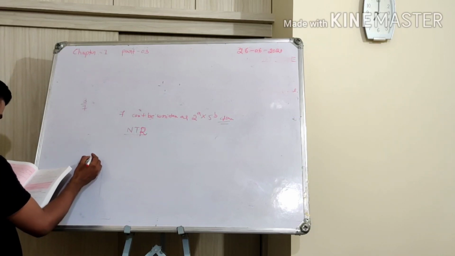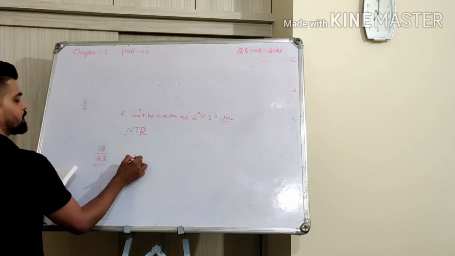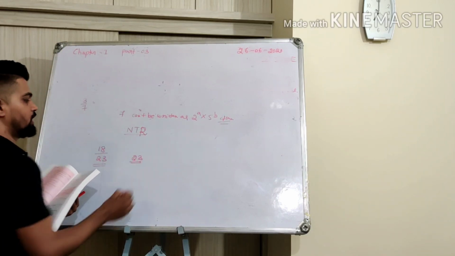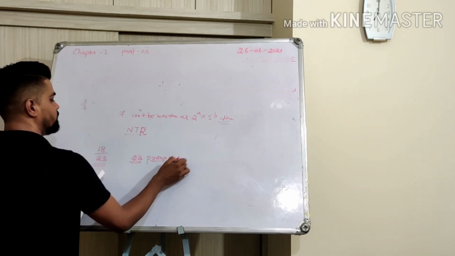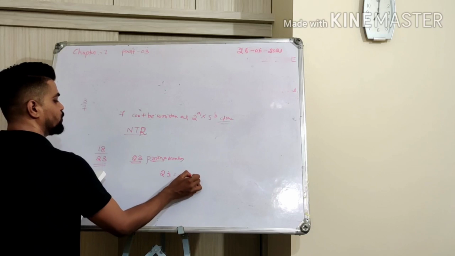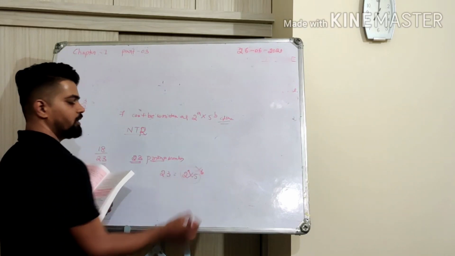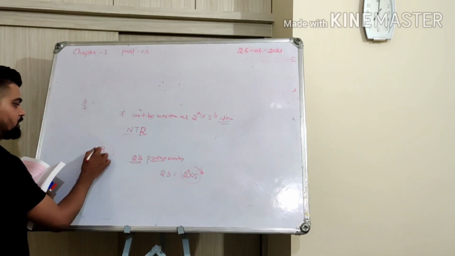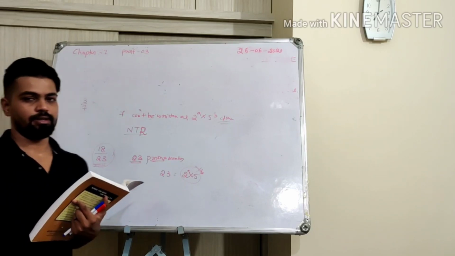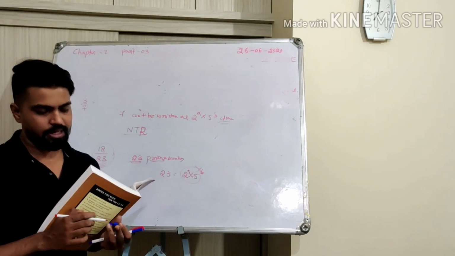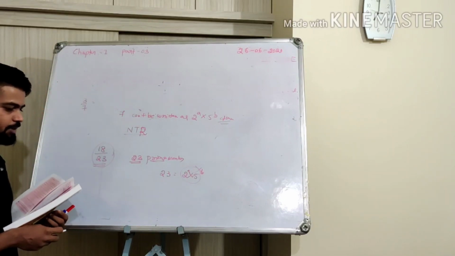One more example that they have given, 18 by 23. Now think about 23. 23 is what kind of number? 23 is a prime number. As 23 is a prime number itself, it cannot be written in terms of 2 and 5. Not possible at all. So it cannot be written in terms of 2 power a into 5 power b. So obviously whatever number you get, when you try to divide, this will never stop. That means you can decide whether to divide completely, or you can just say it's going to be a repeating number or non-terminating repeating number.